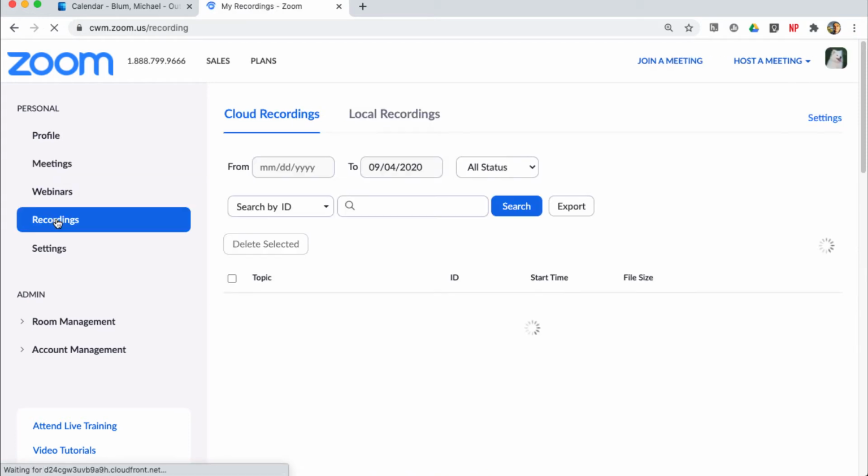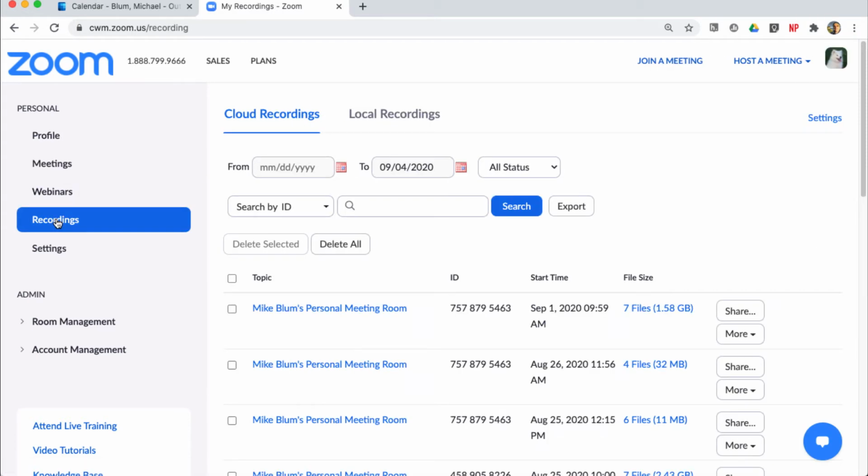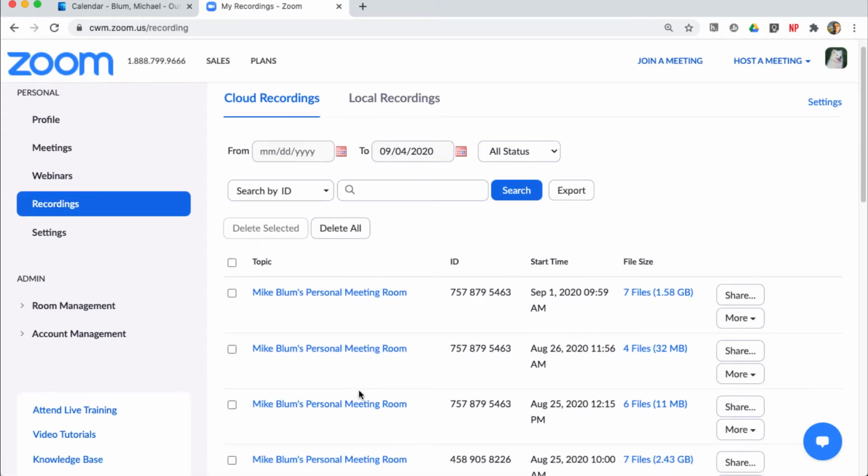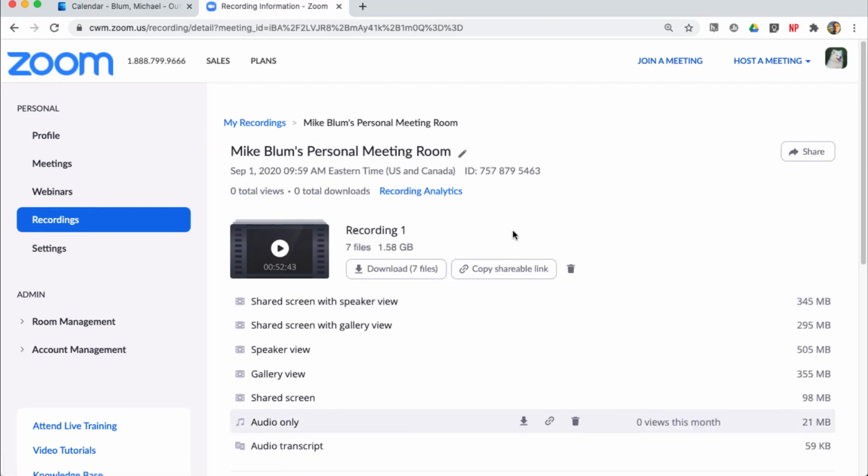and I'll click on Recordings. And I've got all of my recordings, and now you notice it all says Mike Bloom's Personal Meeting Room. That's because I didn't name it anything special. The nice thing about naming your meeting, your interview, is that it'll say whatever that is. So Interview with a Vampire, for example. But now if you notice, I've got a whole bunch of things here. I can click on the link, the topic, and it'll bring me to all of the information about this interview,